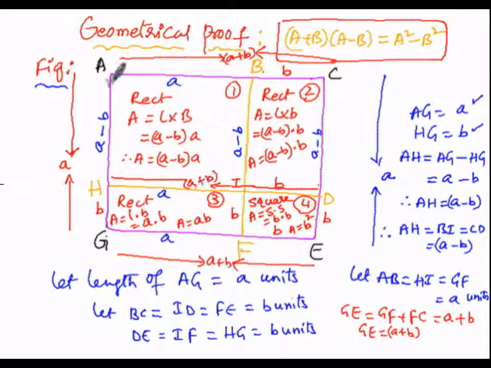But when we observe, our concentration must always be on the left hand side. The left hand side is (a plus b) into (a minus b). So when we consider the rectangle HDCA, the length is HD, that is a plus b, and the breadth is DC, a minus b. Since the adjacent sides a plus b and a minus b are unequal, the entire figure HDCA will come under a rectangle. The area of a rectangle is length into breadth, so here (a plus b) into (a minus b). In this manner we will be getting the left hand side.